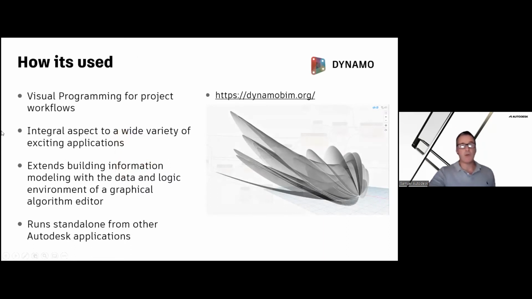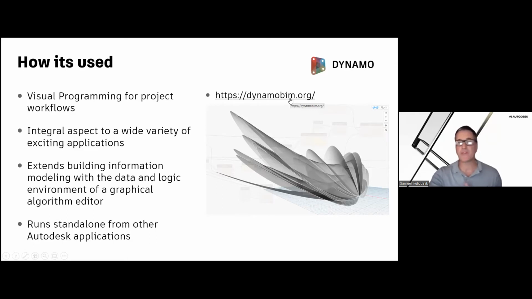So Dynamo, it's a visual programming application, with a wide variety of existing exciting applications you can use it with. It does go a lot further into other things like Python or IronPython. It has been out for a while. We do have a website called dynamobim.org, which has a lot of information on getting started with Dynamo.